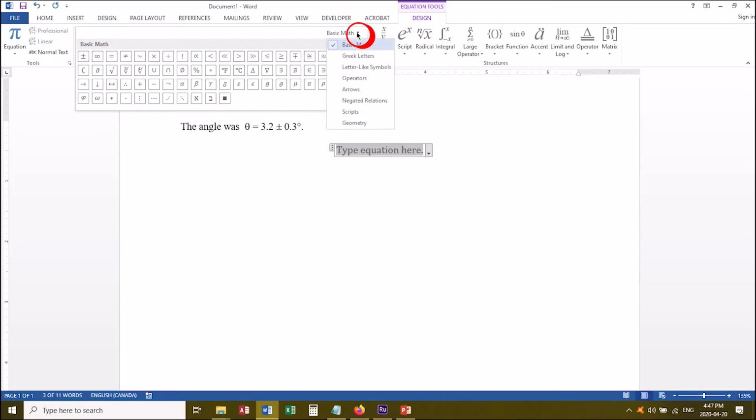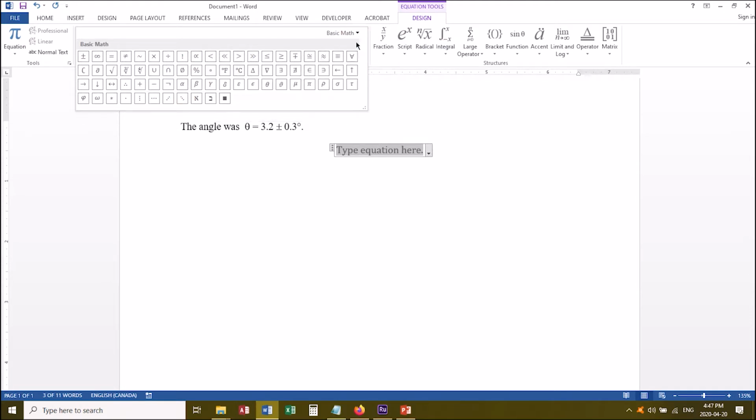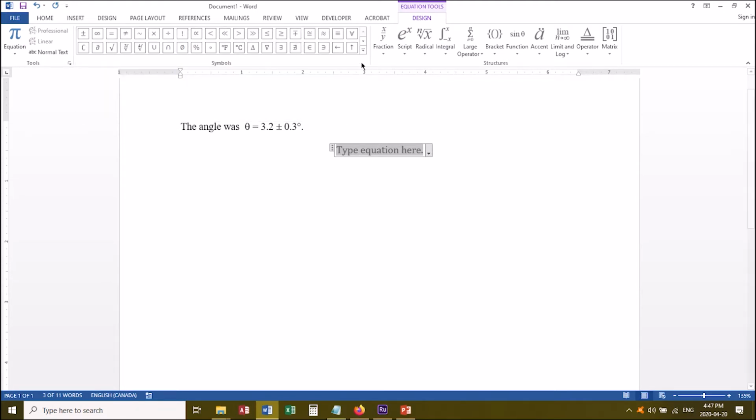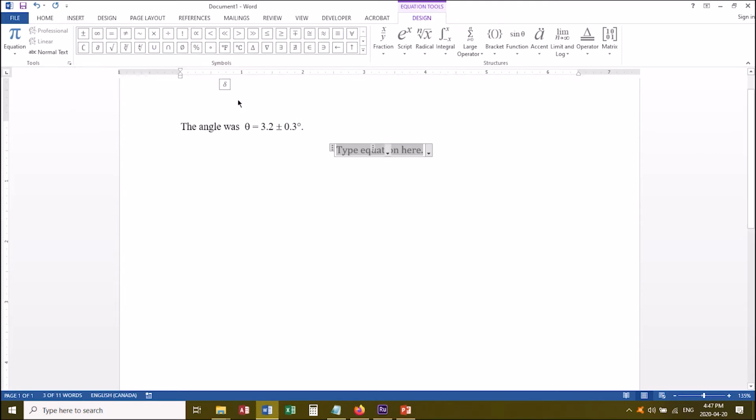You can also click this little downward arrow, go to the Greek letters, and then it gives you all the Greek symbols. And if you want to go back to basic math, again, click the little down arrow, switch to basic math. And again, to open this all, you just click this little box in the corner. So I'm going to add a delta. So I open this up and go find my delta symbol,